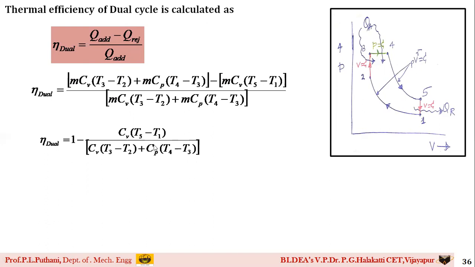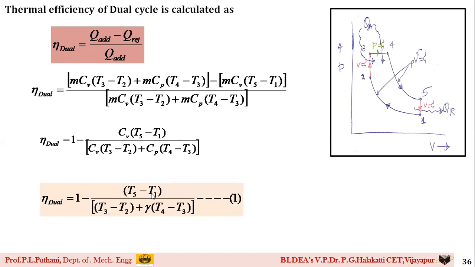Now in the numerator, whatever the CV term is there, if I divide it into the denominator, it gets cancelled and the resulting term I get is CP by CV. CP by CV is gamma. So how can I write this equation now? That is, dual efficiency is equal to 1 minus (T5 minus T1) divided by (T3 minus T2) plus gamma of